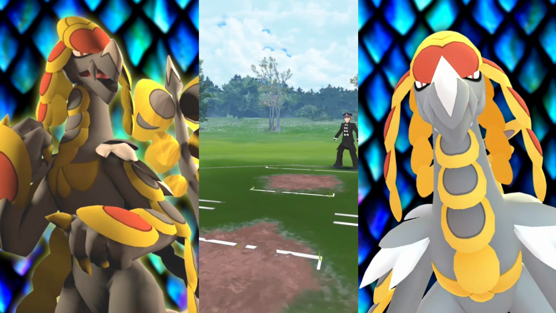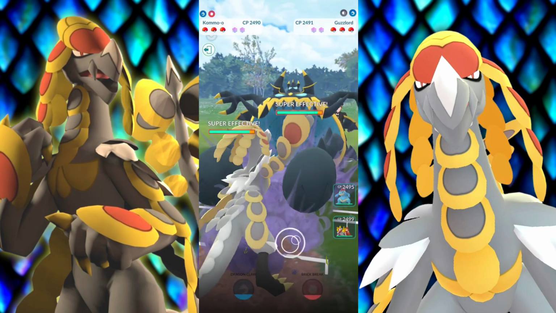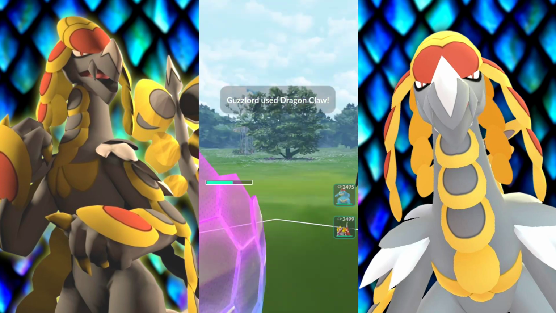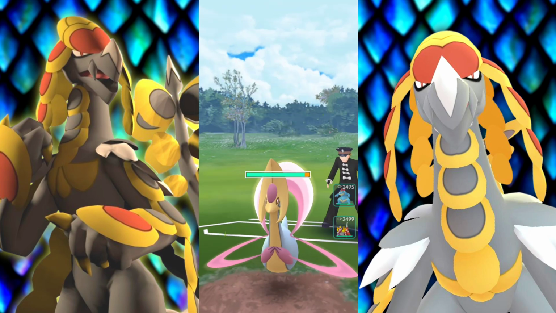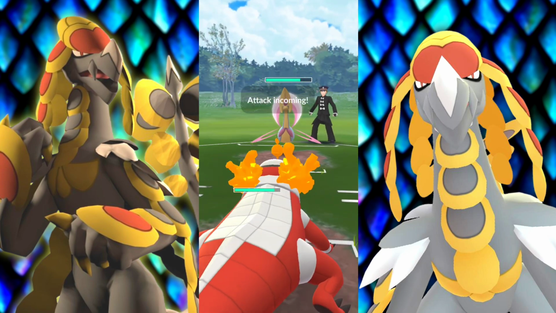All right. Next game. Kommo-o into... I keep calling it Kommo-o. Kommo-o. Oh, we have a Guzzlord versus Kommo-o battle here. So I could have thrown first, which was probably a little bit of a mistake. But I wanted to get to the Brick Break. The one time I wanted to get to it, I screw myself over. So they're swapping, bringing in a Cresselia, lowering the defense, and this is another one of these matchups where Skeledirge